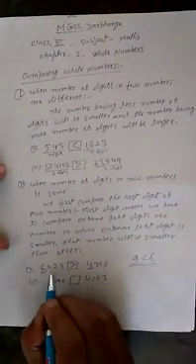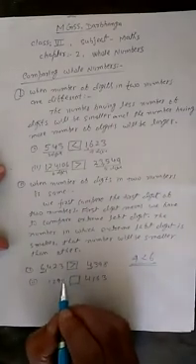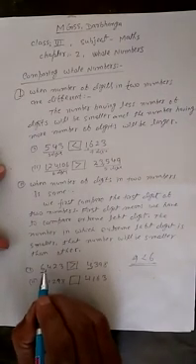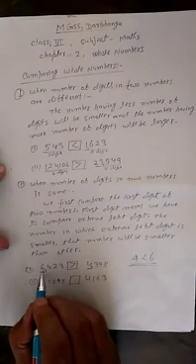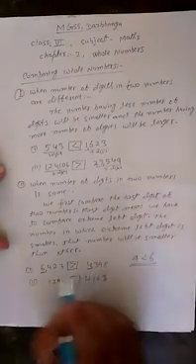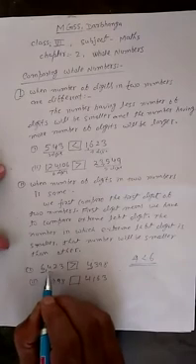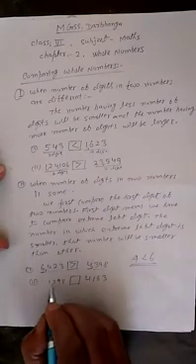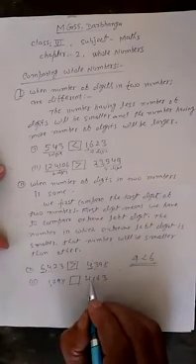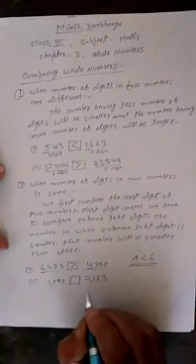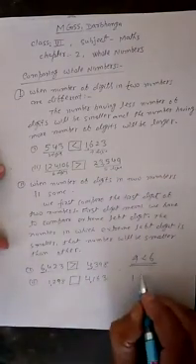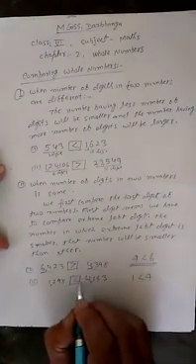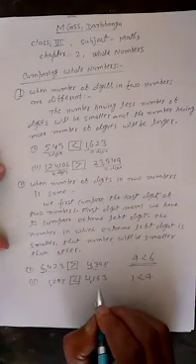What have we read? If both numbers to be compared have the same number of digits, then compare the first digit from the extreme left. Here the first digit is 6 and here the first digit is 4. 6 is greater than 4, so this number will be greater than the second number. In the second example, the first digit is 1 and in the second number the first digit is 4. It is clear 4 is greater than 1, or we can write 1 is less than 4. So this number 1298 is less than 4163.